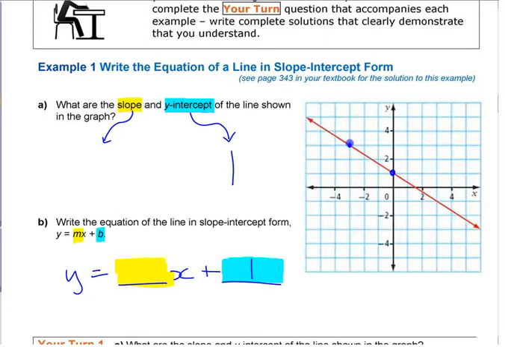Well, you need to use some points here. You could use that point. You can use those 2 points if you want. You can use any 2 points. If you notice that it goes 3 squares across and 2 down,